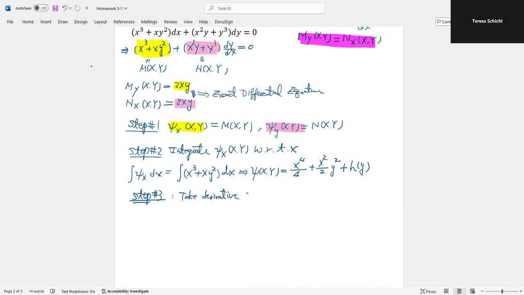So take the derivative of the Φ(x,y), and with respect to what? Okay, with respect to y. So I want to take the derivative of h, Φ of x, y, with respect to